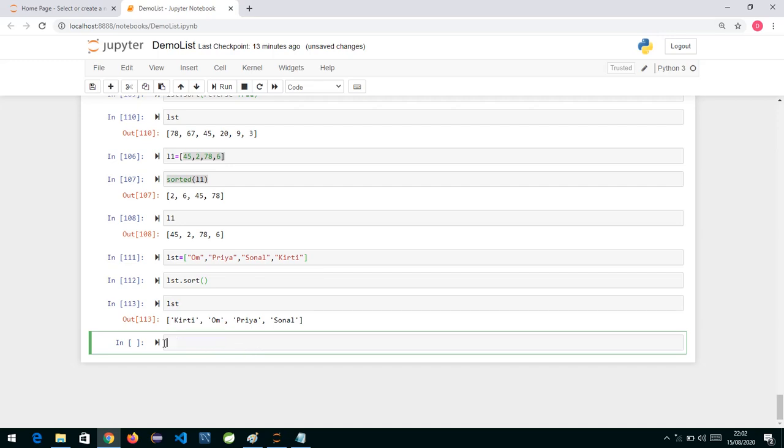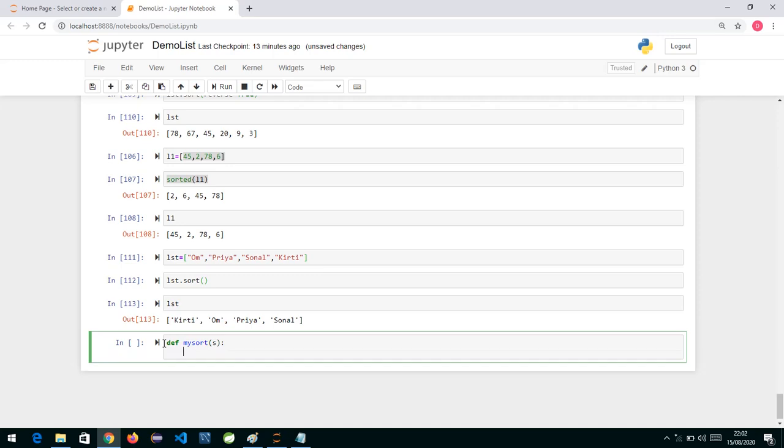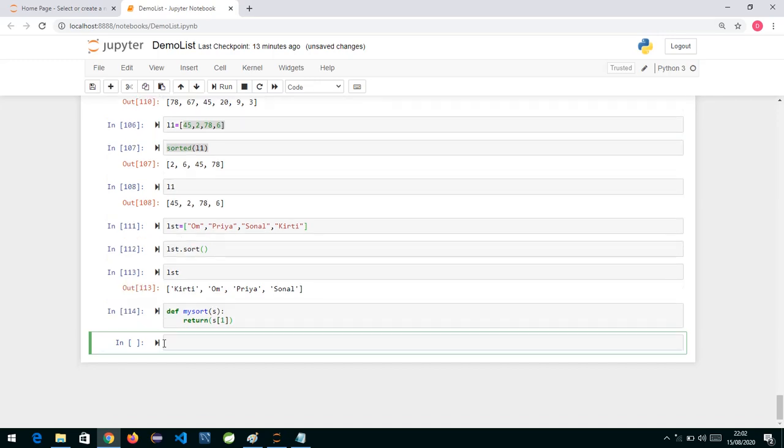So I write a function, def my_sort, which takes a string as input and returns the second character. So return s[1]. So this is my function over here.